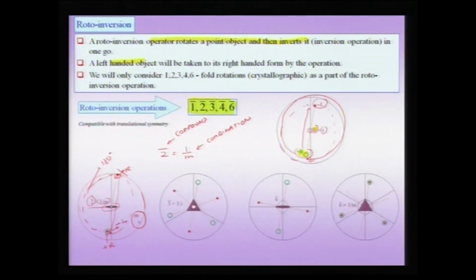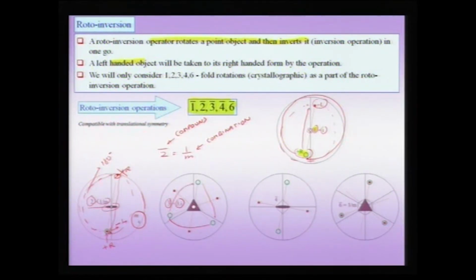Similarly, I can think of a 3 bar operator as a combination of a 3-fold and an inversion. Therefore, when I am talking about a combination, each one can act independently. For instance, I can start with a green circle, it can first act and leave a point here, then it can rotate and leave a point here,